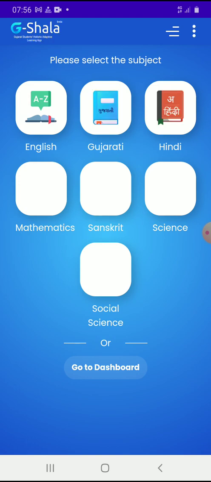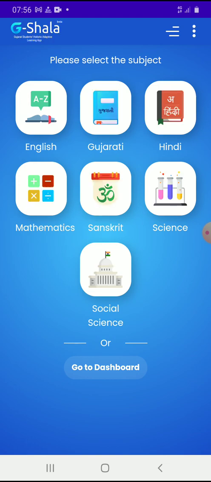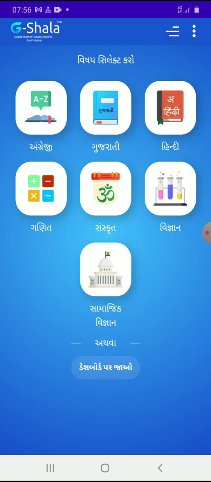You are able to observe, select the subjects. Now students, to the best of my knowledge, at present this app is for Gujarati medium students, but very soon it will be available for English medium. That is what I am predicting. You can click on the subject which is common, say Hindi, and then it will start.